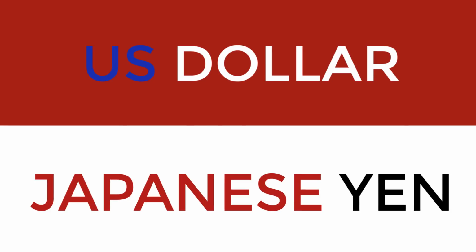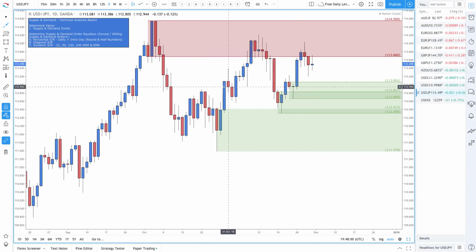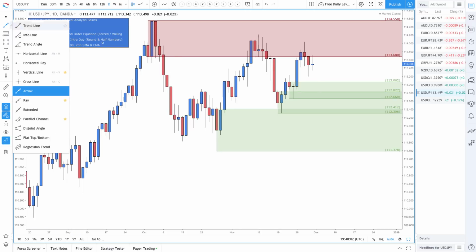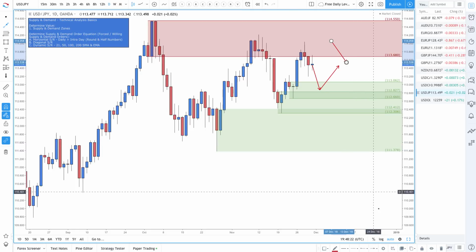And dollar yen, these are our demand zones. You can see where prices reacted this week. Where we are is really again in between this supply zone here, and then we've got this demand zone around here. So if you do see prices come back down into this area here, and probably this area here would be the